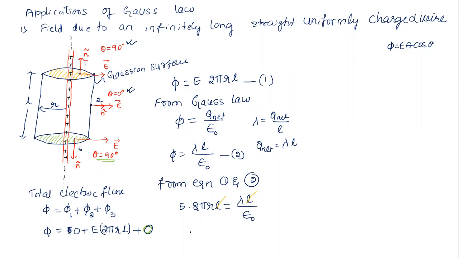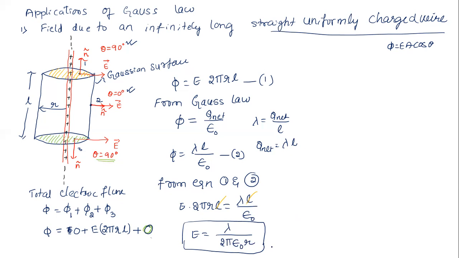We are going to get E is equal to lambda divided by, this 2 pi will come down here. It will become 2 pi epsilon naught times R. This is the electric field due to what now? An infinitely long straight uniformly charged wire. It is a scalar form. So I want to indicate vector notation. So what is the direction of electric field? Along its radius, right? So let's say r cap along its radius, radially outward, right? So in vector notation,